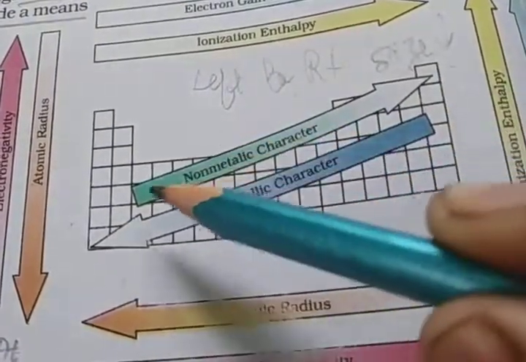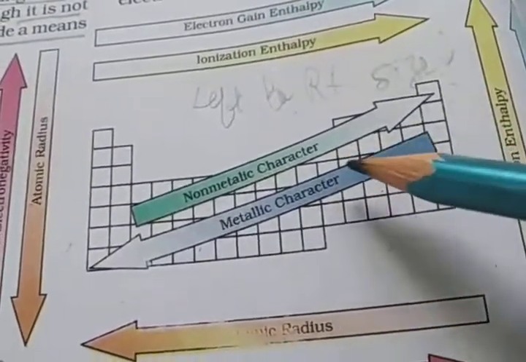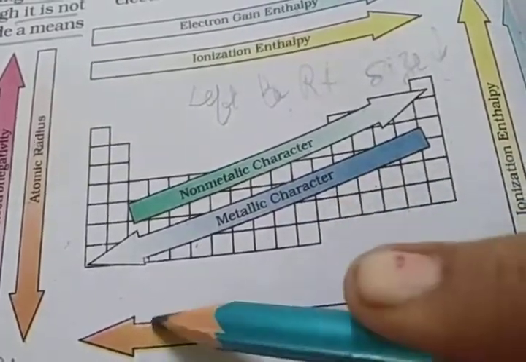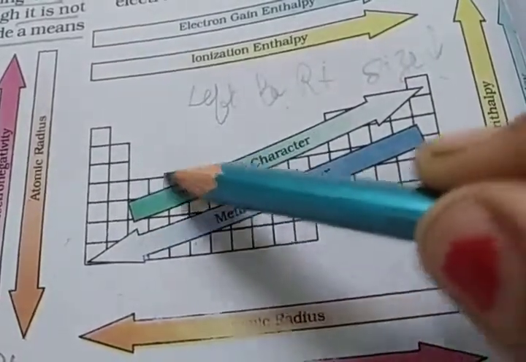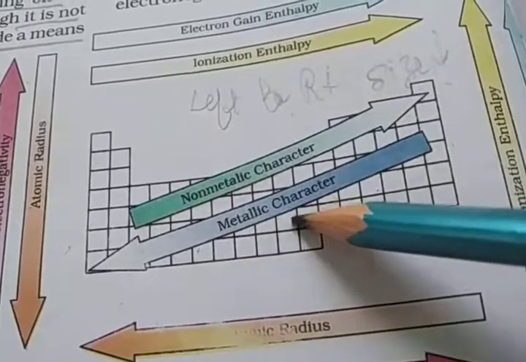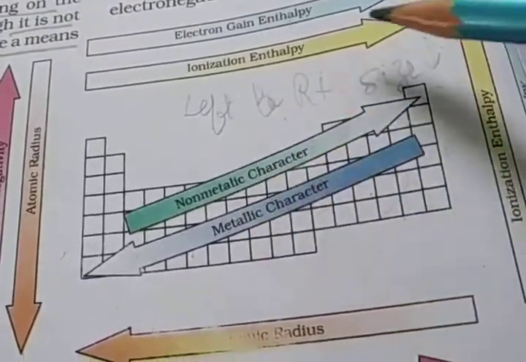Then in the periodic table you have to see this way, left to right we go, non-metallic character increases, then the opposite way, metallic character. Okay, so that means first the S block and then the starting elements of the D block represent metallic character and then the P block represents non-metallic character. Then up to down,